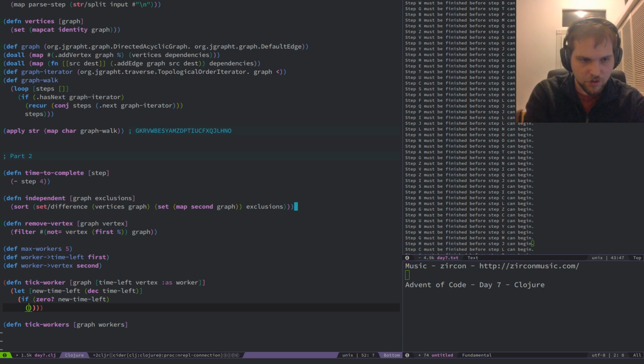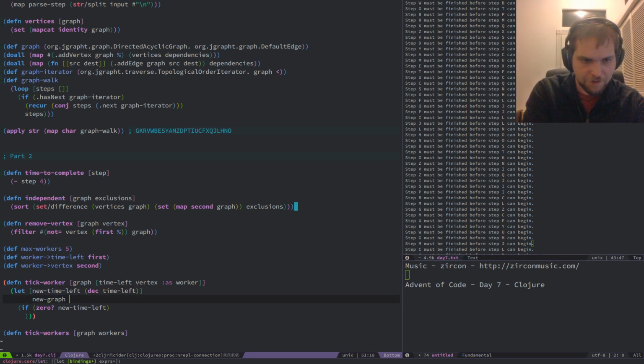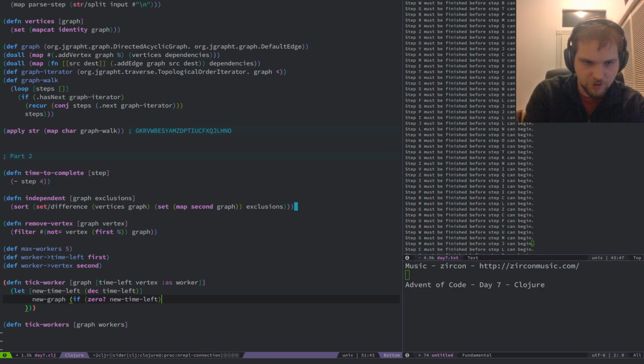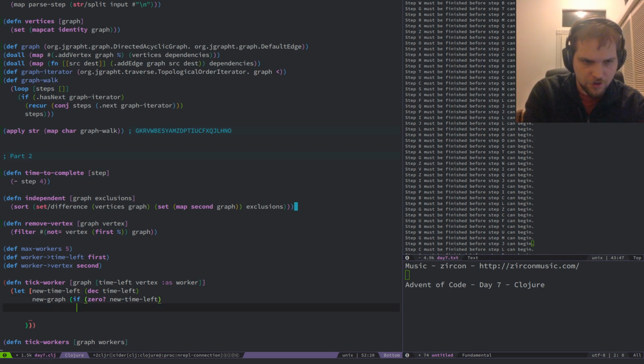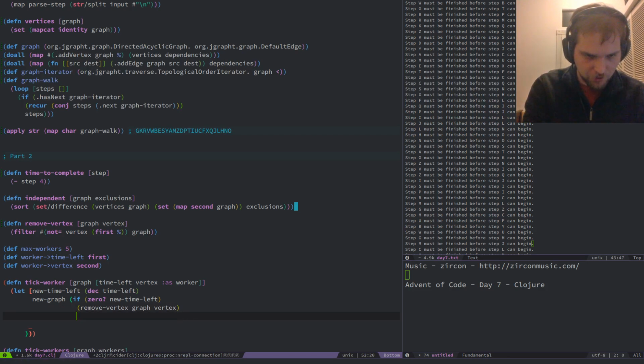then new graph is, oops. Then we've got, we're going to remove that vertex from the graph, so it's gone from consideration. Otherwise, we've still got our graph.